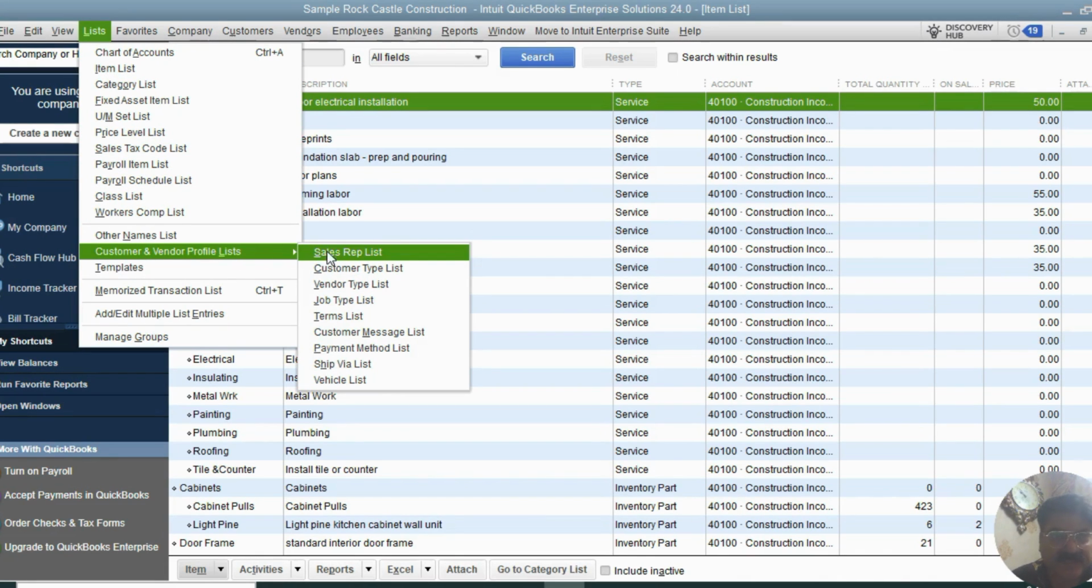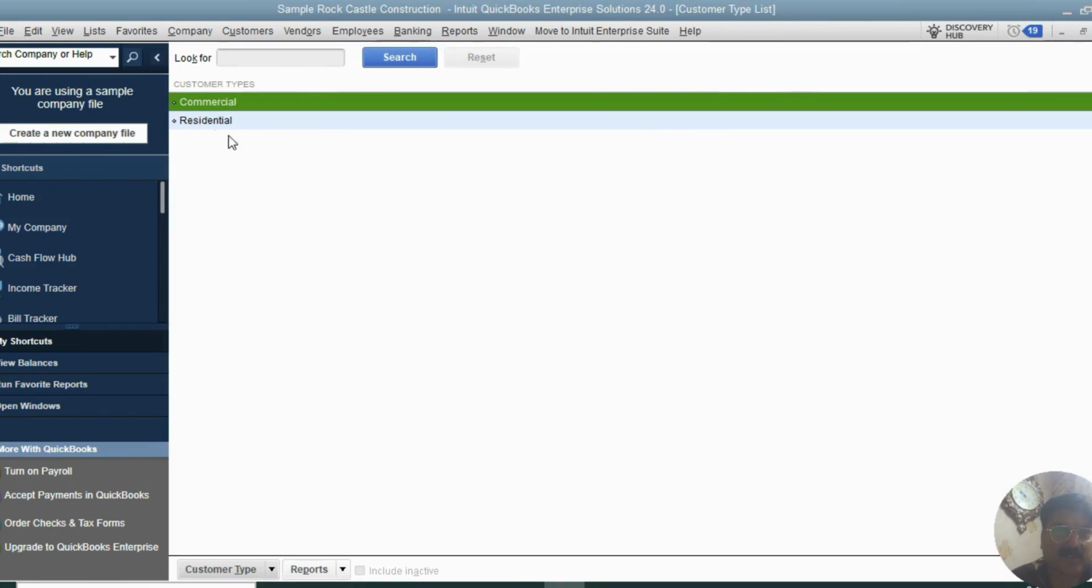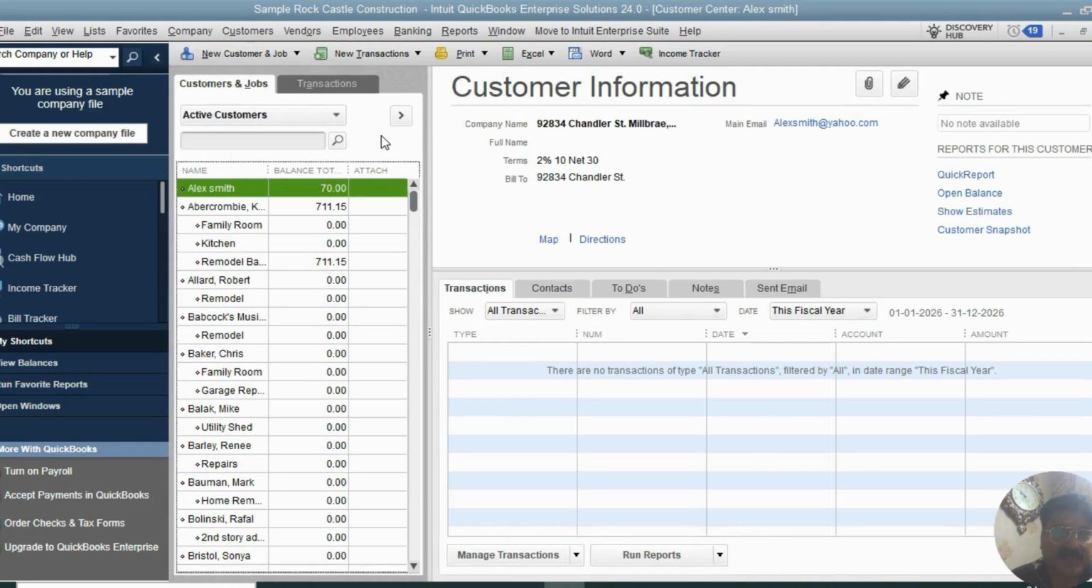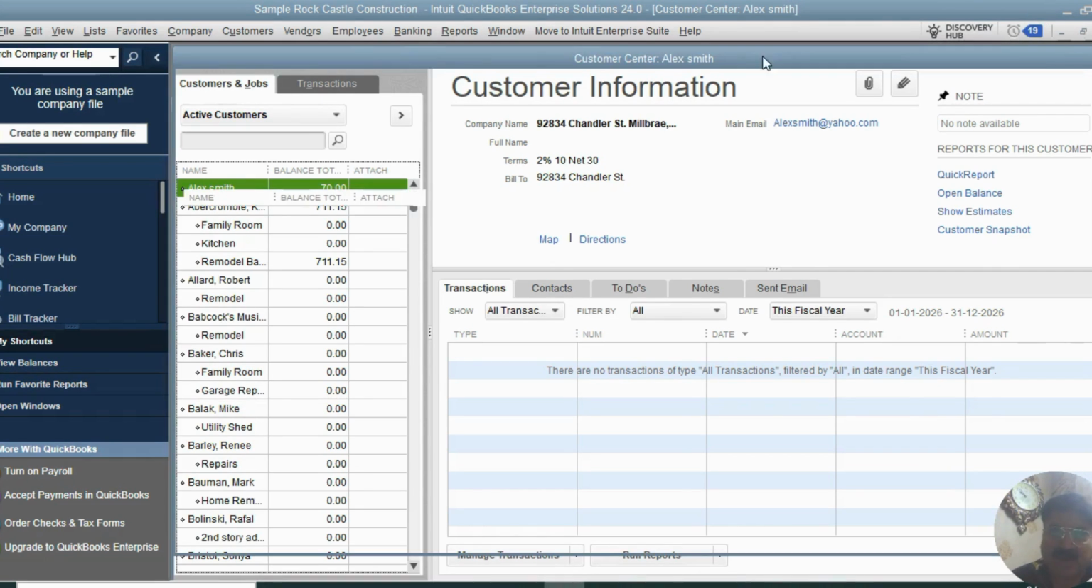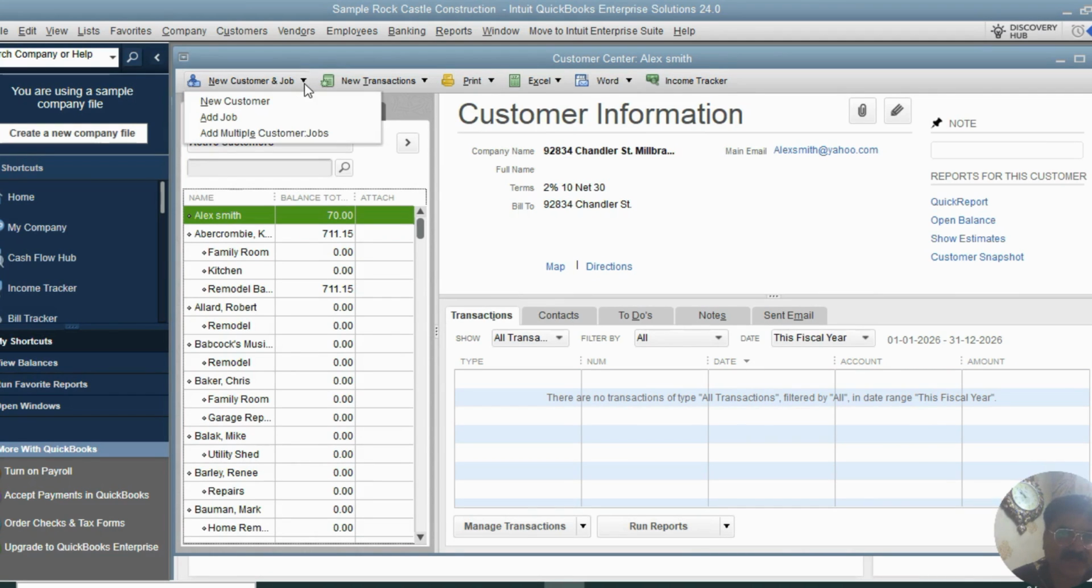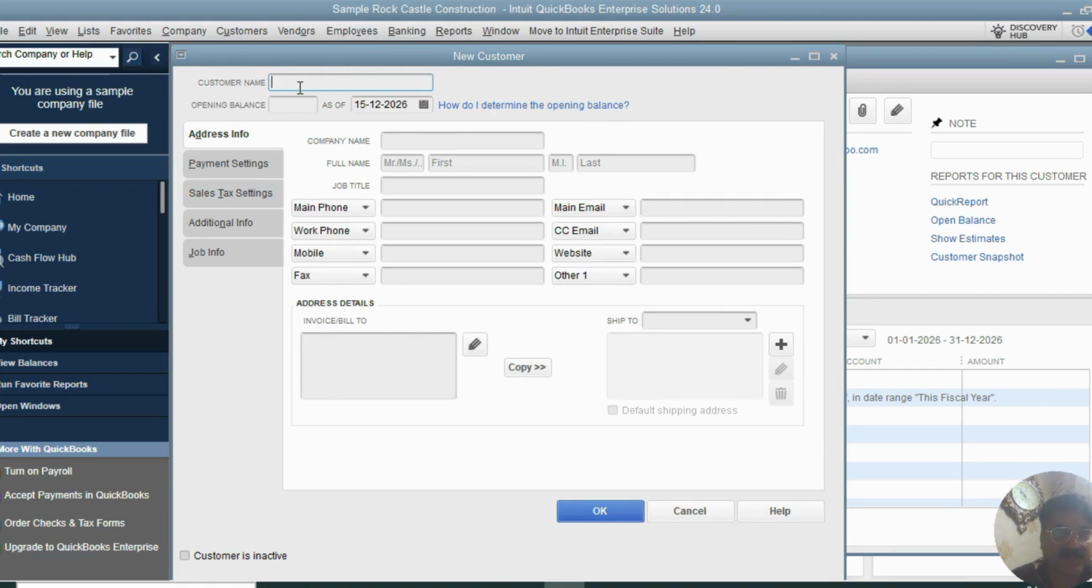How we can do that is, we go to customers vendors profile, click on customers. Let's create a customer type list first. We click on customers, and there are other options as well. We can go to the customer center, and under customer center, these are the samples, you can see the list of names you have for all the customers. If you want to create a new one, there's a new option at the very top, click on new customer, and under new customer, let's say